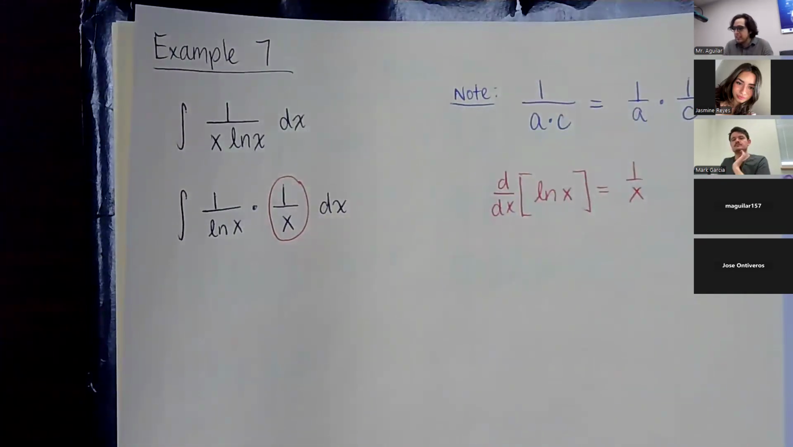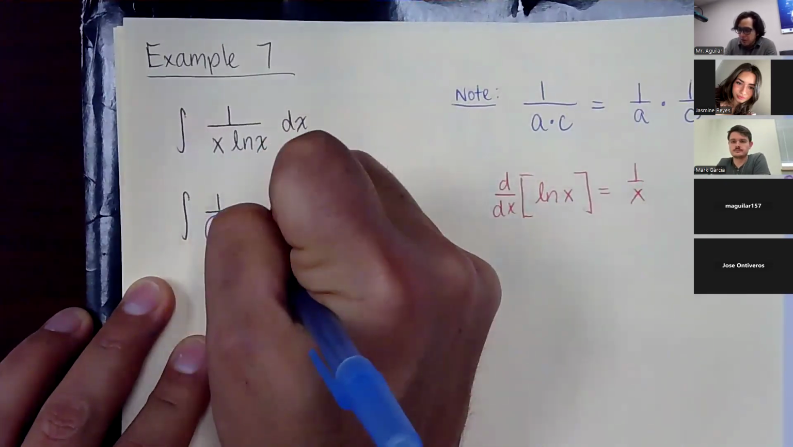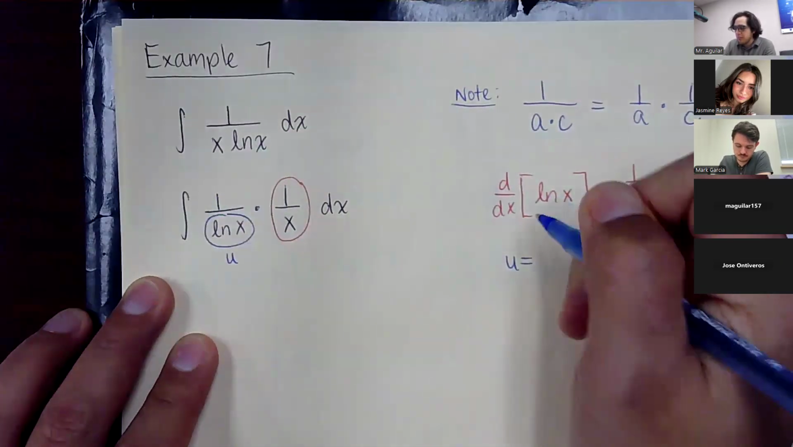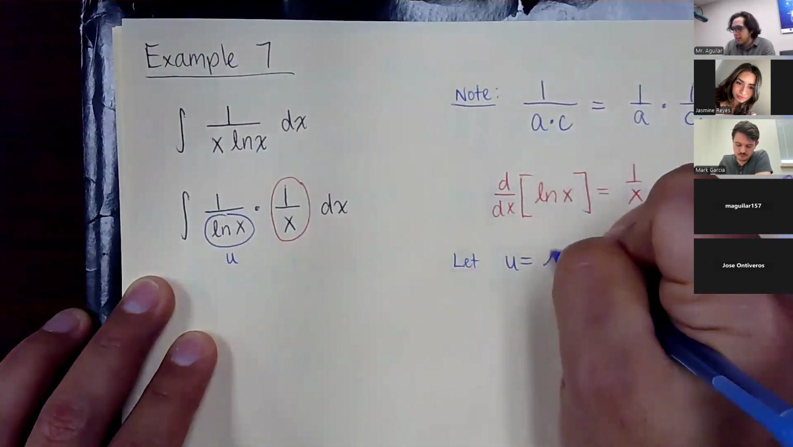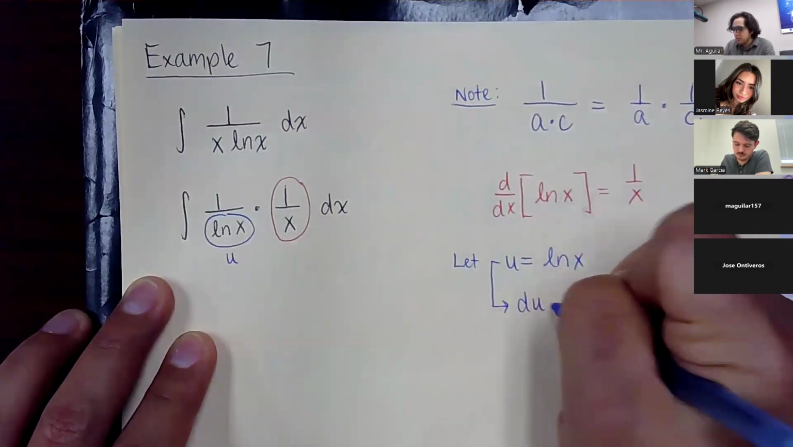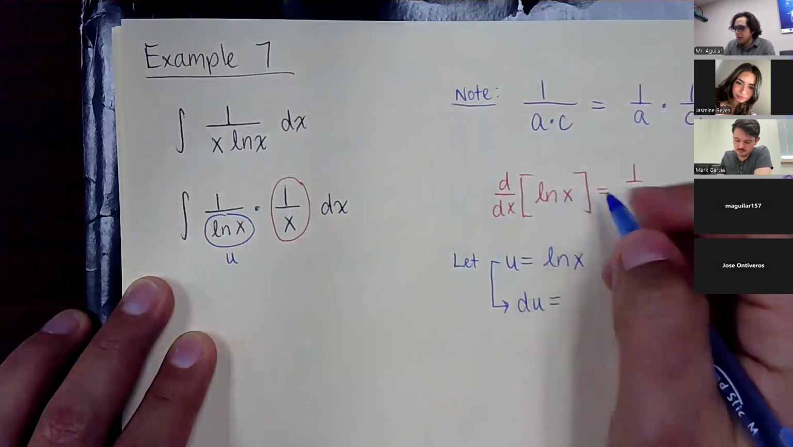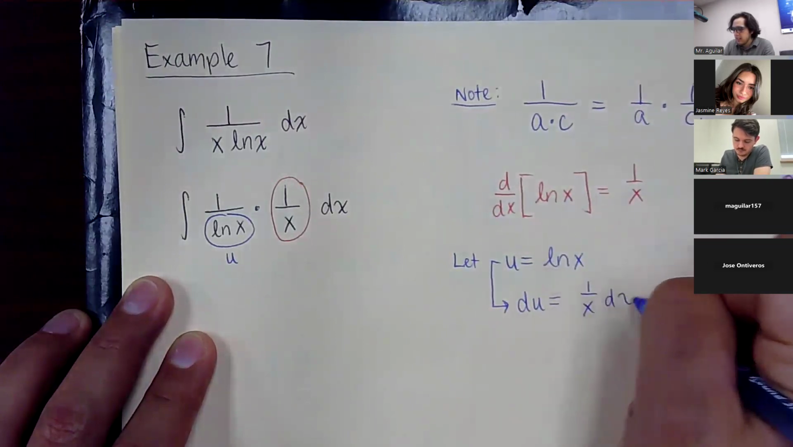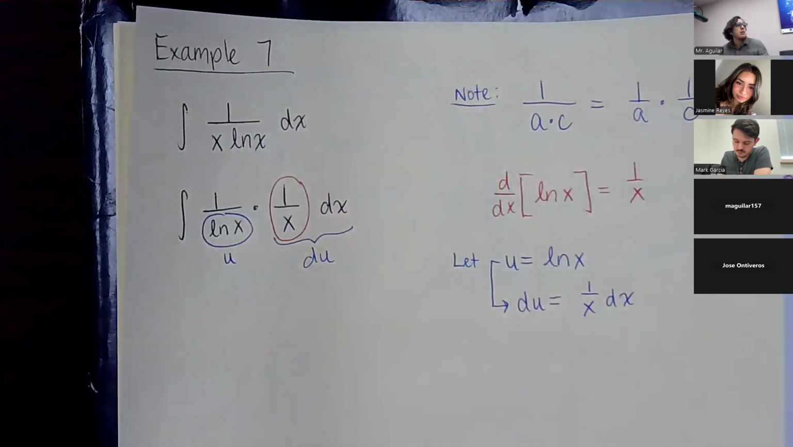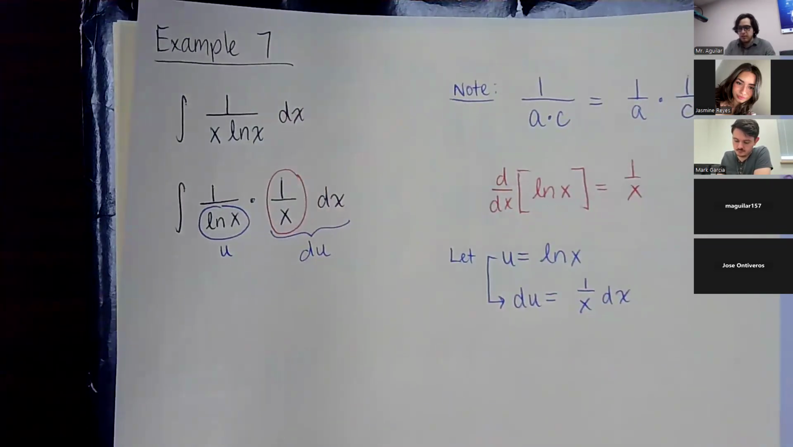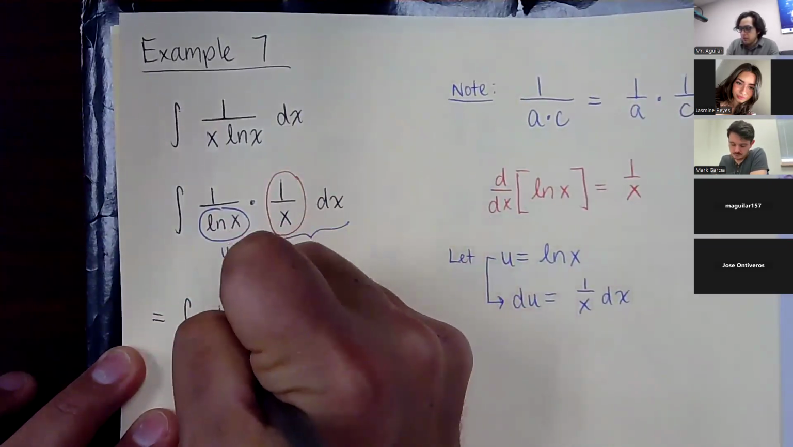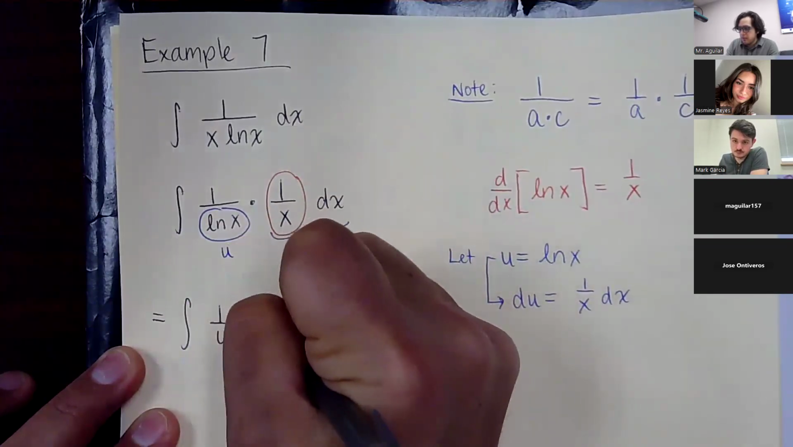If you can see it. But if you can't see it, then what we're going to do here is call ln of x the u. So let u be ln of x. And then from our calculus review, the derivative of the natural log of x is 1 over x dx. And so now this whole thing over here can become du. Okay. So we're going to get the integral of 1 over u du,